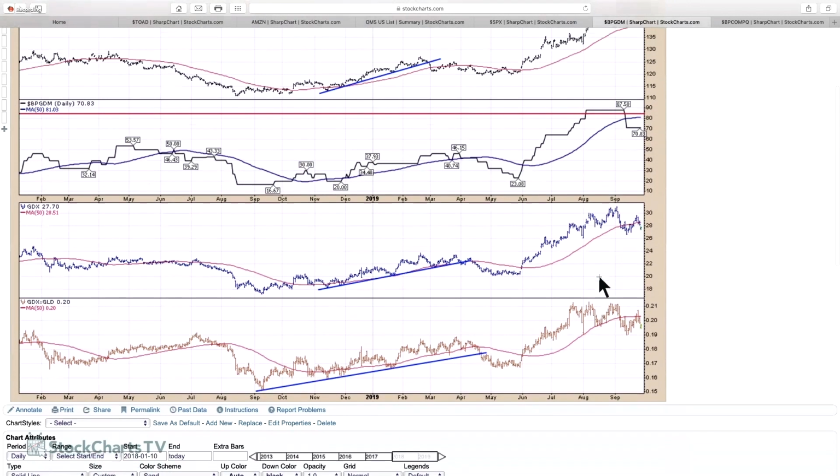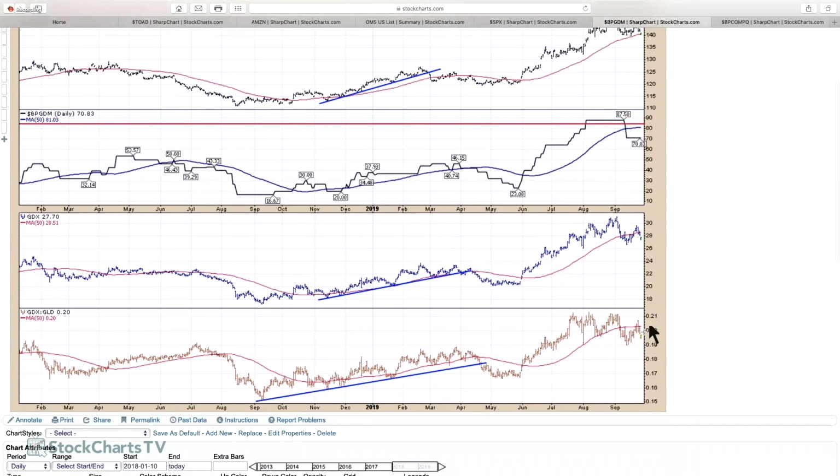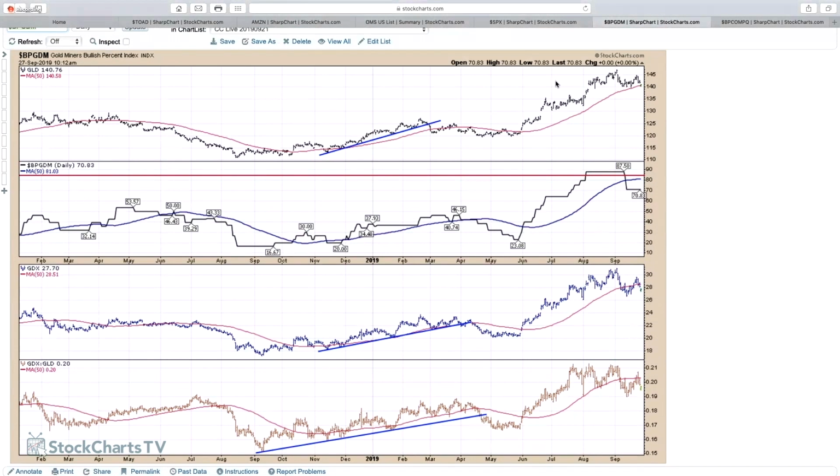Now that that's started to dissipate, and we're actually closer to breaking down from that, we're making lower highs and lower lows. So we've got a high, a lower high, a low, and a lower low. That's a concern, and now we're stuck below this 50-day moving average. So it's giving us some clues that the gold trade might not be as romantic as we'd like, and perhaps it's time to just protect the portfolio, or at least start to build your list of things you'd like to buy if it starts to bounce again, but it's not right away.